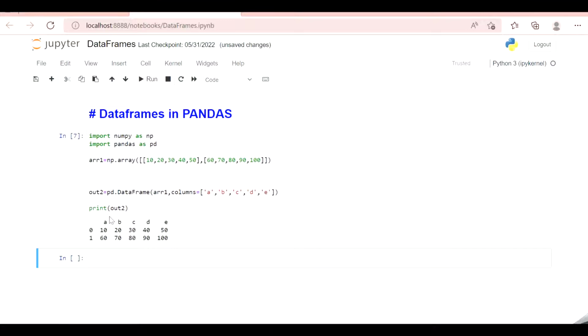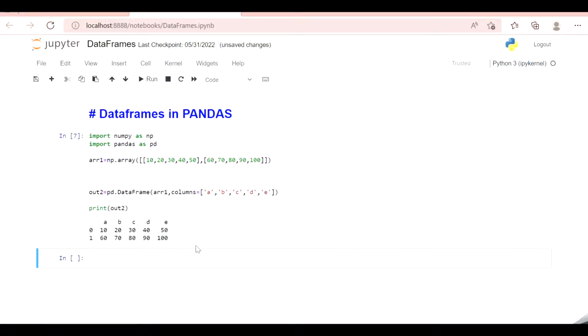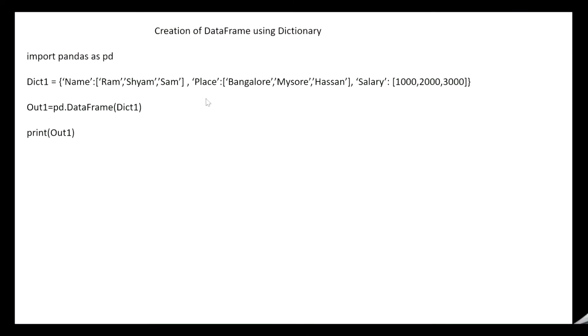So this is how without columns we get default values, and with columns we get the user defined column names. So this was with the help of arrays. A data frame was created in a tabular format with rows and then columns using the array function. Now let's move on to the second method of creating a data frame, and that is by using a